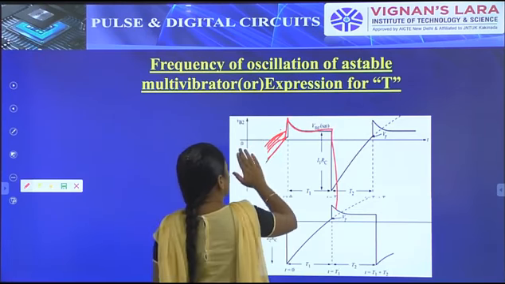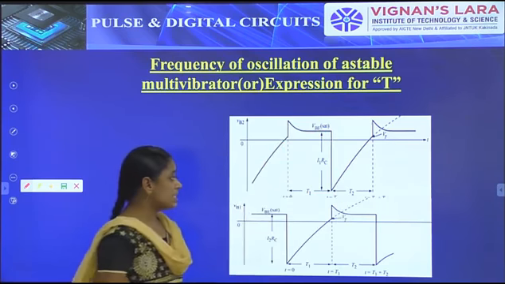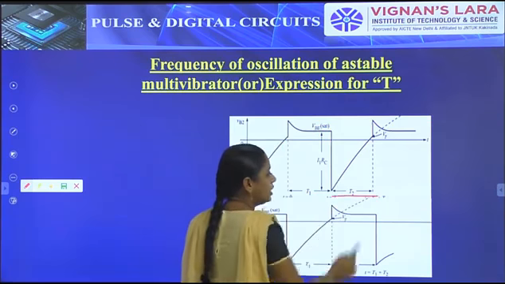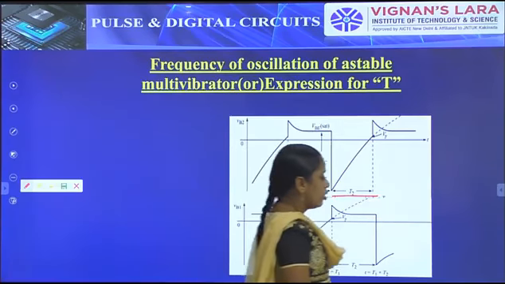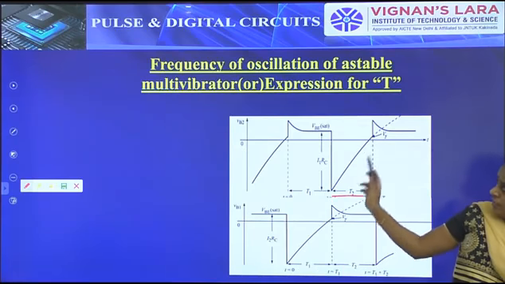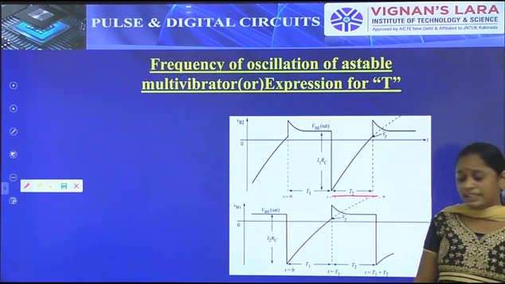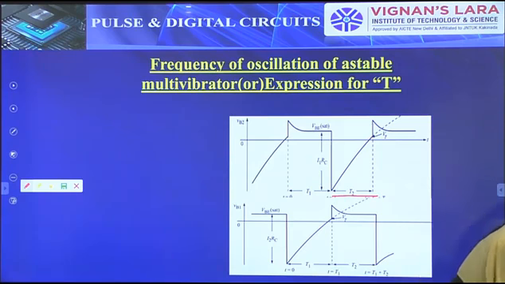In this particular time, the condition is that at T equal to T2, the transistor Q2 goes to on-off condition. In this particular time, transistor Q2 goes to off condition. When transistor Q2 goes to off condition, we have to say that